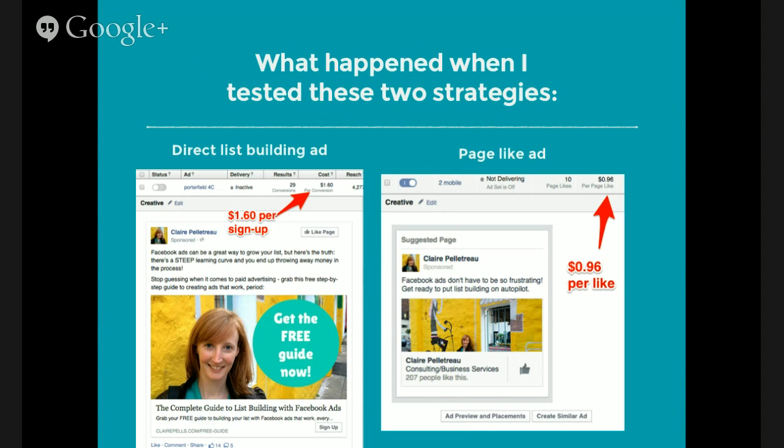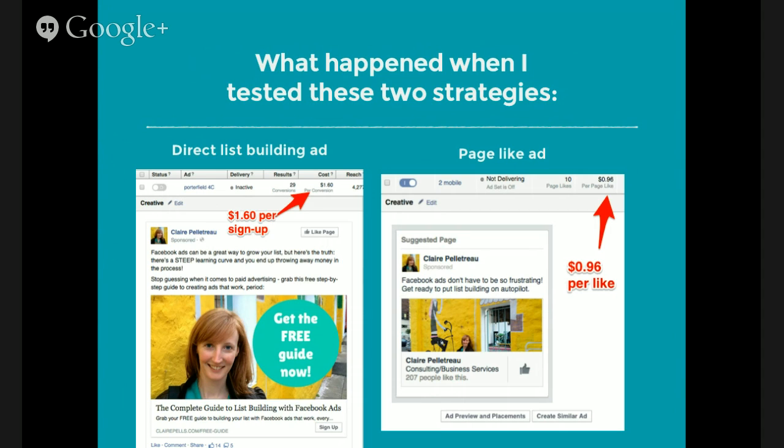Then I tried an ad with the same target audience that was just to get page likes. Now, granted, this image is probably not optimized for this kind of ad, but I just like testing and getting things out there. So that's what I used. And as you can see, it was almost $1 per like. Now, maybe after I got people to like my page and I then showed them ads to get on my list, maybe those other ads would have cost me less, and maybe I would have gotten to that $1.60, something similar. But that's two different campaigns that I have to put together, optimize, pay attention to.